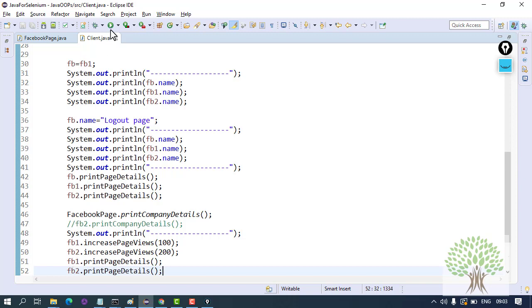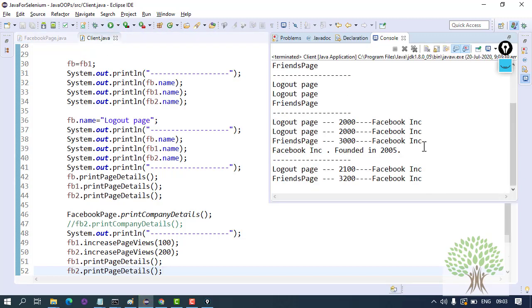When you run this, before running it was 2000 and 3000. After running it becomes 2100 for FB1, logout page was FB1, and 3200 for FB2, because I am increasing it by 100 and 200 for the respective objects.